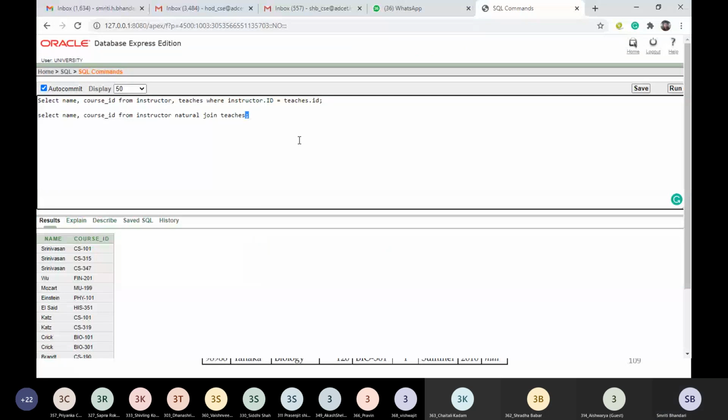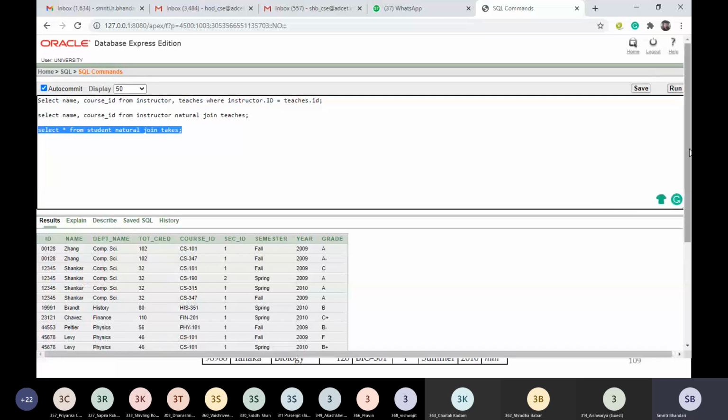So let's see this practically. First of all, we are going to have the natural join of student and takes, and we'll see the result. Select star from student natural join takes.